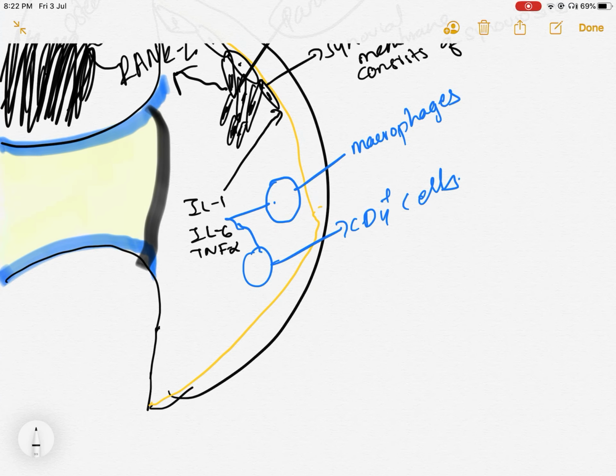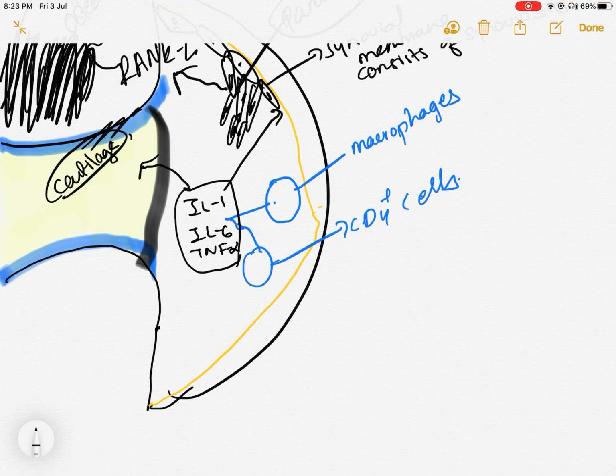Okay. The next thing is that this directly causes damage to the cartilage, with cartilage destruction. Along with that, there is increased expression of proteases, which again in turn cause cartilage destruction, and cartilage which is destroyed also releases more proteases. So this is a vicious cycle which is going on inside the joint.